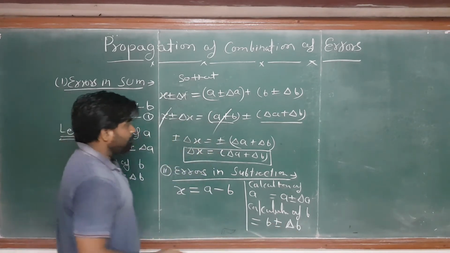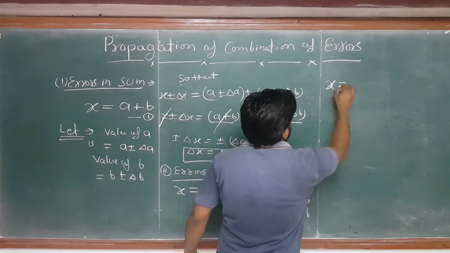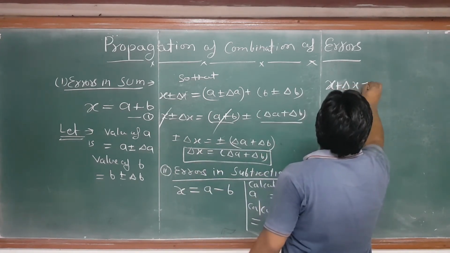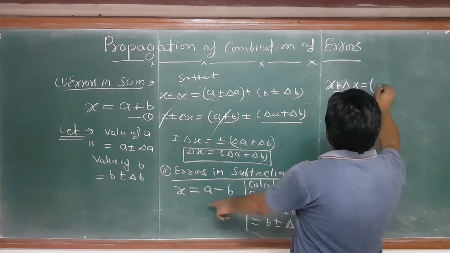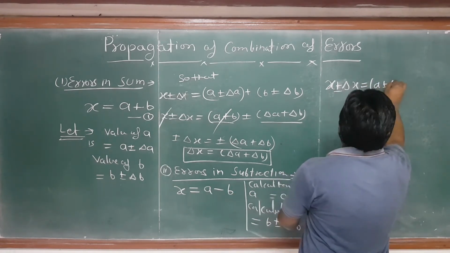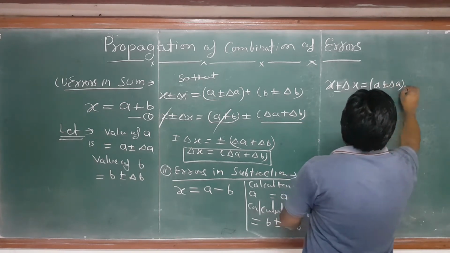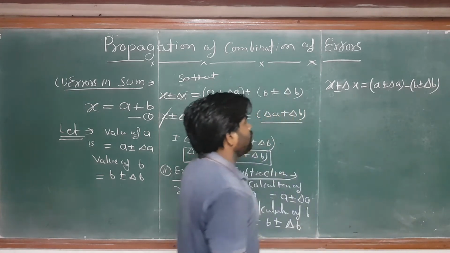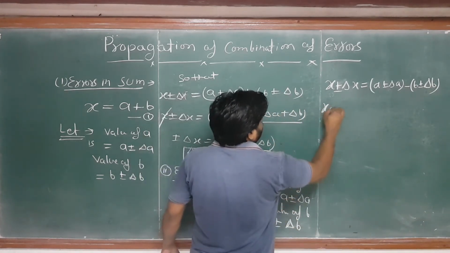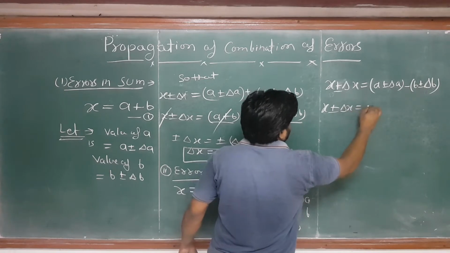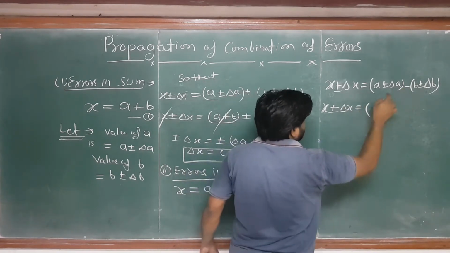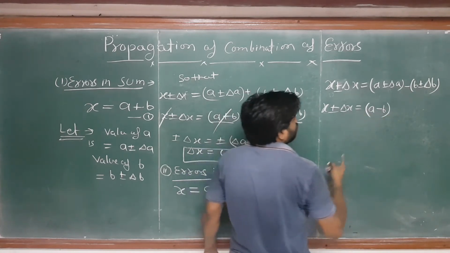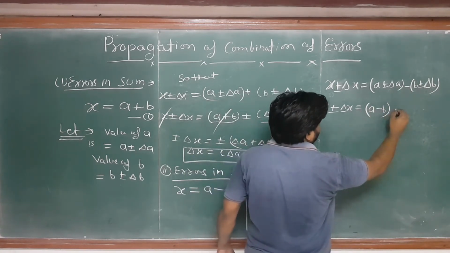So just put that there, you will find x is equal to, not x only, x plus minus del x, that is equal to a plus minus del a minus b plus minus del b. So this is the formula. Now keep a and b together. But the operator is minus, then you will write a minus b here. And what you will do about the plus del a, you will write like, see this.